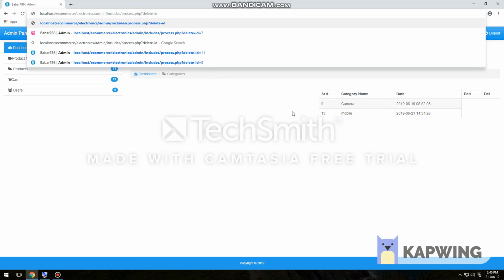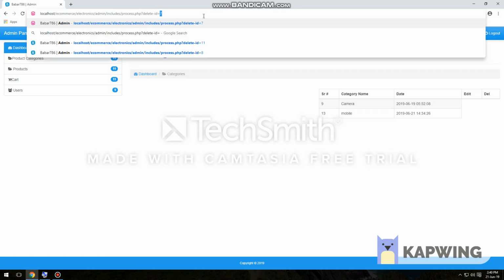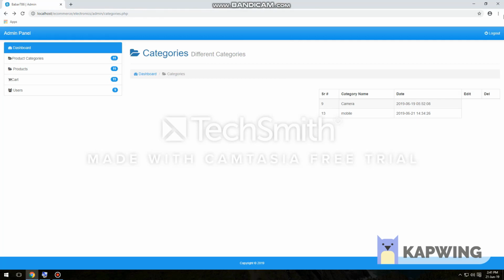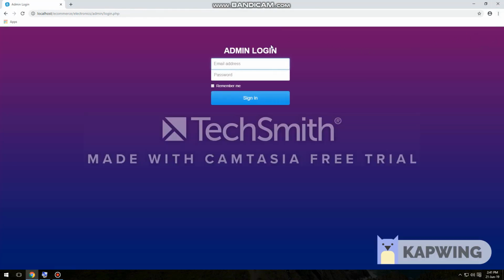So suppose I want to delete the row with an ID of, suppose this one, 13, so let's write 13 here. See, it is returning nothing because my access to that delete dash ID is equal to 13 is restricted, right? So now if